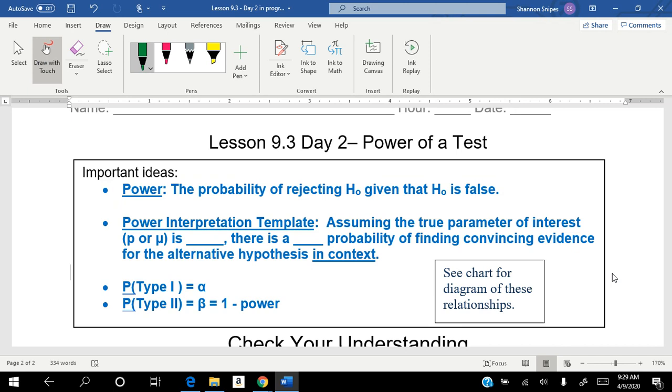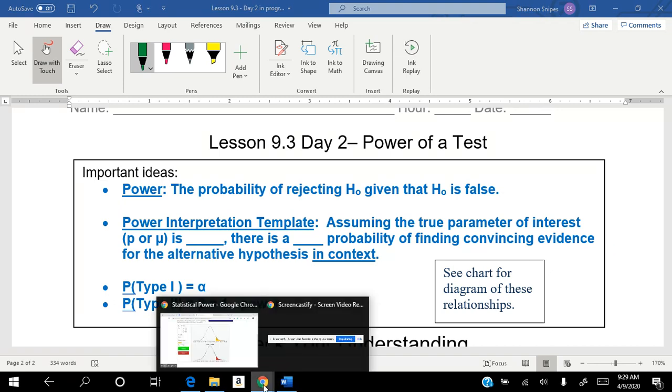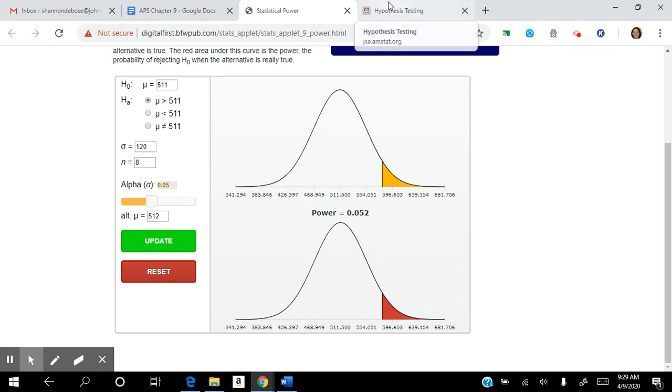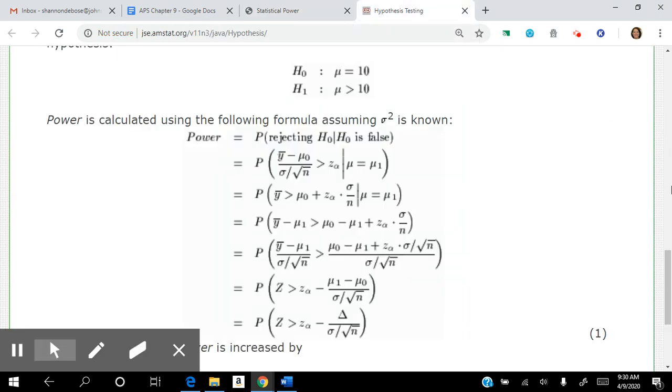And of course, we want to put that in context. So before I get into the rest of this, I do want to take a quick side trip and tell you that you are never, ever going to be asked to calculate power. You just need to understand what the power of a significance test means. And going over some of the things that we talked about, how to increase power, those kinds of things, you'll need to know. And the reason you're not going to be asked to calculate power is that